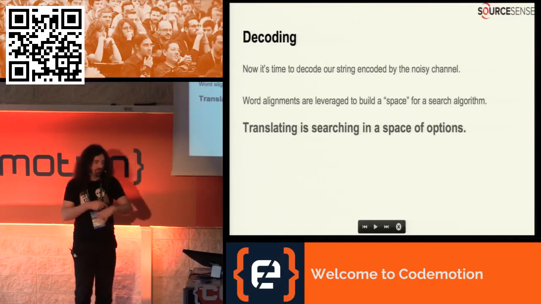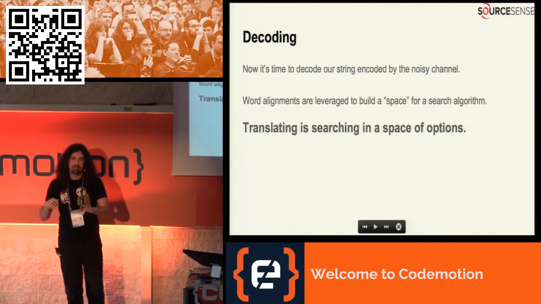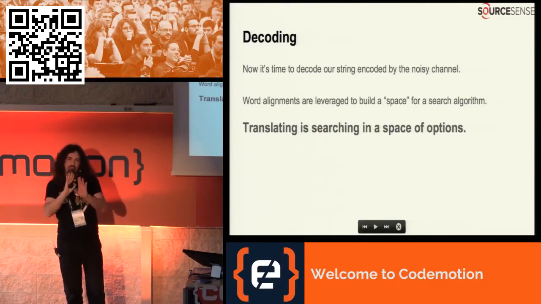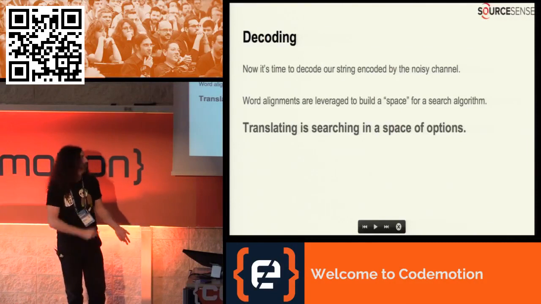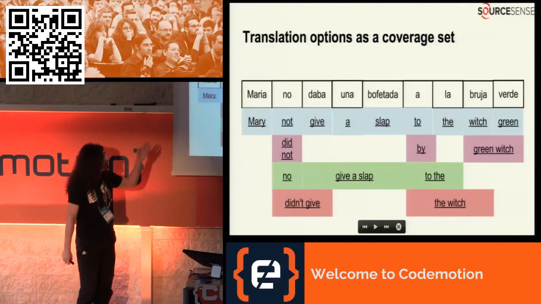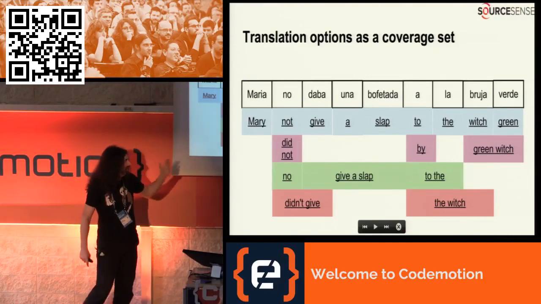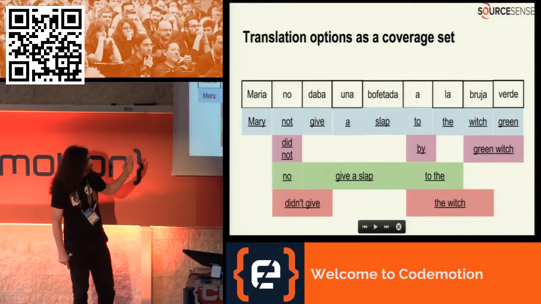So once we build our knowledge base on probabilistic, we establish a graph, links between words, and we try to walk this graph following only the promising paths in our graph, which are weighted with our probability laws. So, for example, if we have the foreign sentence, Maria no daba una bofetada a la bruja verde, then we have,